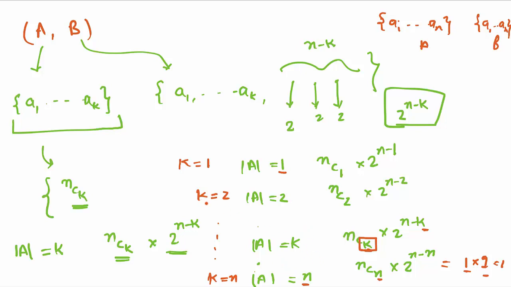See, what I want to know is that if cardinality of A is in general k, then what are the possibilities for B? This is 2 power n minus k possibilities. And further, what are the possibilities for A itself? Because there need not be only one set for A. So there might be multiple choices for A. So these are nCk choices for A if cardinality of A is k, and 2 power n minus k choices for B, right?